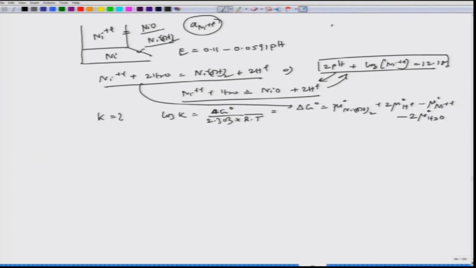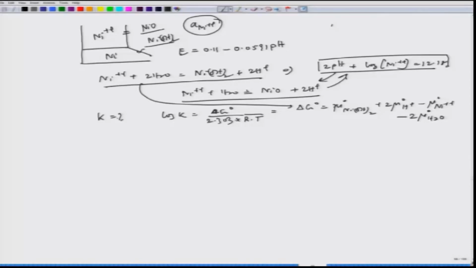So, that is what you are getting. The main crux is that you are trying to plot the corrosion zone, immunity zone and passive zone, but this Pourbaix diagram is not complete if you do not put in the equations or reactions which involve not metals but oxygen, dissolved oxygen, hydrogen evolution, H2, H plus and OH minus, and of course there will be water. So, I mean to say that this E versus pH diagram should be complete